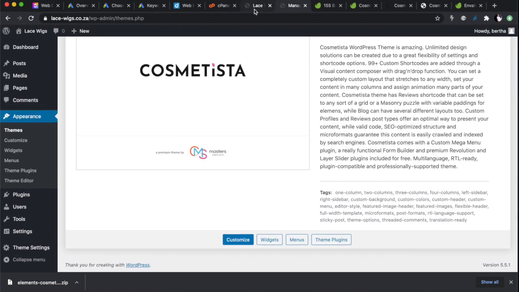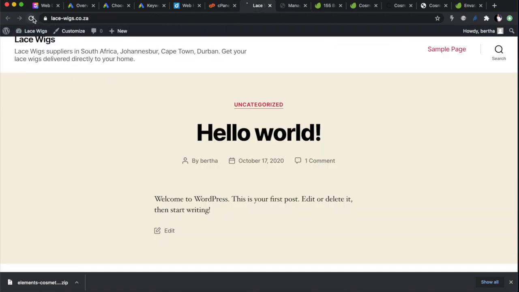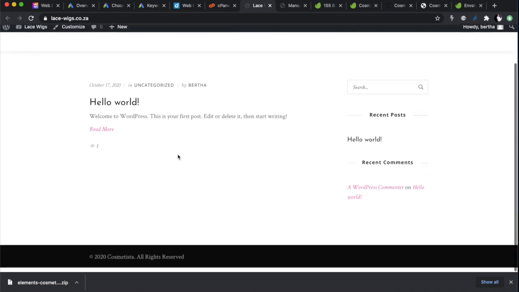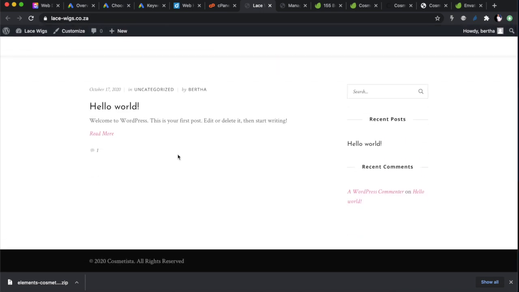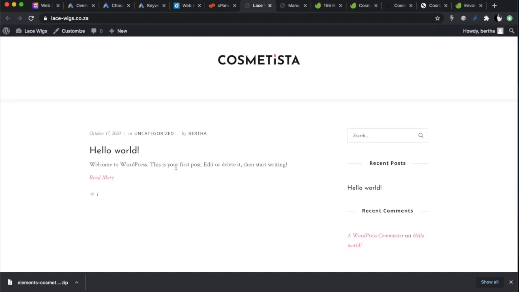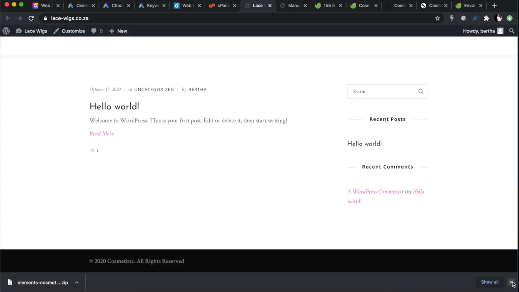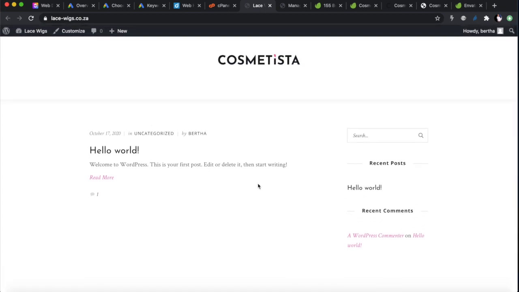We've activated that. Let's go back to our website. Let's refresh it again. And now you'll see the website is different. This is now just the theme, okay? Just the theme of the website. There's nothing in it. There's no content. And this is what I was telling you, that what I like about CMS Masters is that they provide a lot of, not default, but like example websites that you can work with.